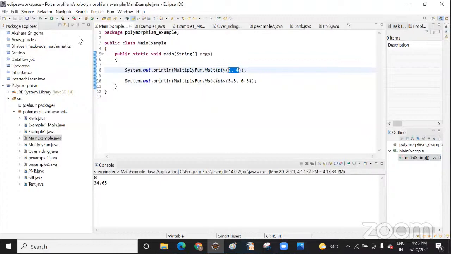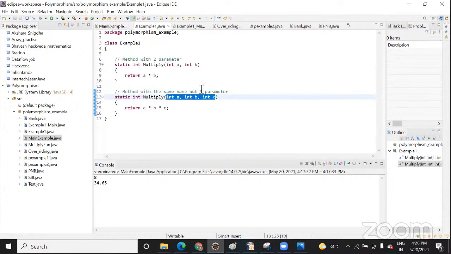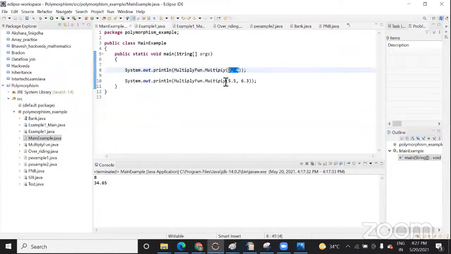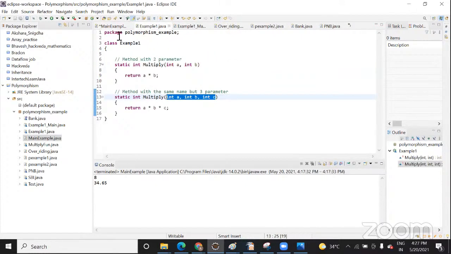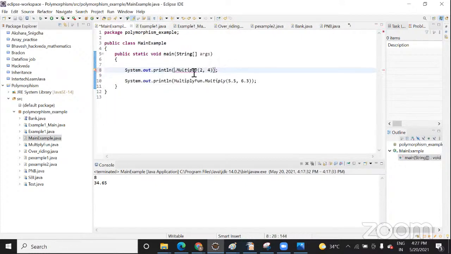I'm just asking what happens if you remove that multiply fun in front of that. Actually, let me change the name of the class. Example one.